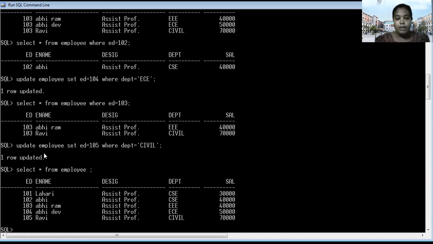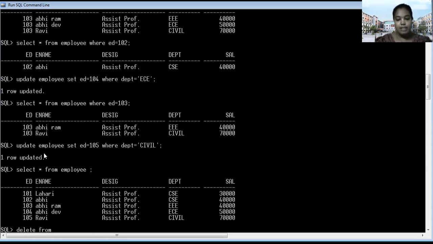One more DML command is the delete command, to remove data from the table. So what is the syntax? Delete from table name.